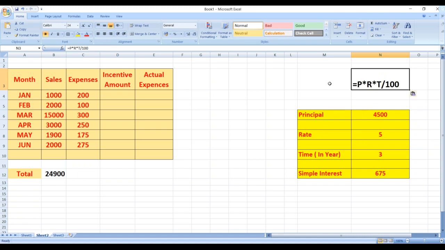So now I want to copy this formula. So what I'll do? I'll use Control plus apostrophe sign.